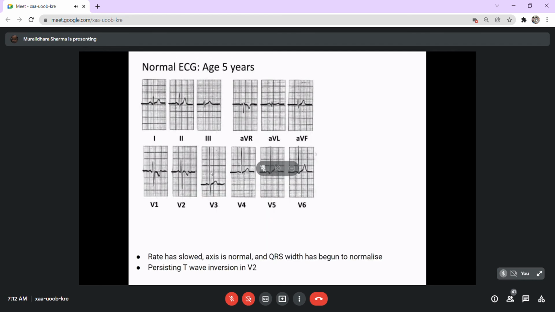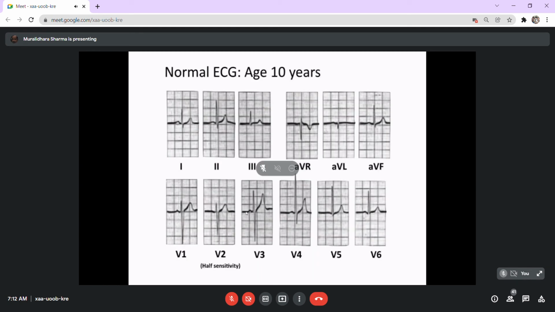By the age of 5 years, gradually the changes will be coming down. Pulse rate reduces to around 90 or 86, and the QRS gradually becomes wider compared to before. T wave inversion in V2 is still persisting. This is considered normal at the age of 5. By the time the patient reaches age 10, the pattern would be a normal pattern, where the shift of the axis towards the left side is quite visible. So that's another important issue which you have to keep in mind.